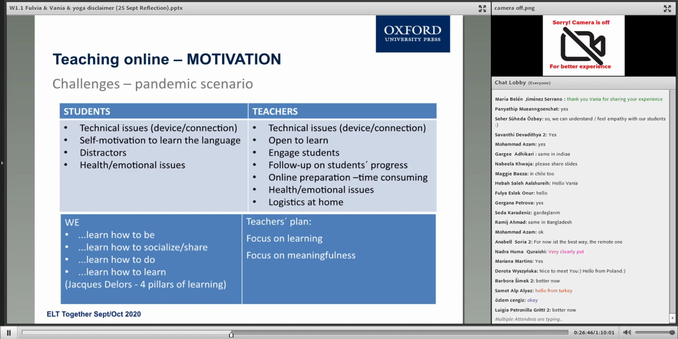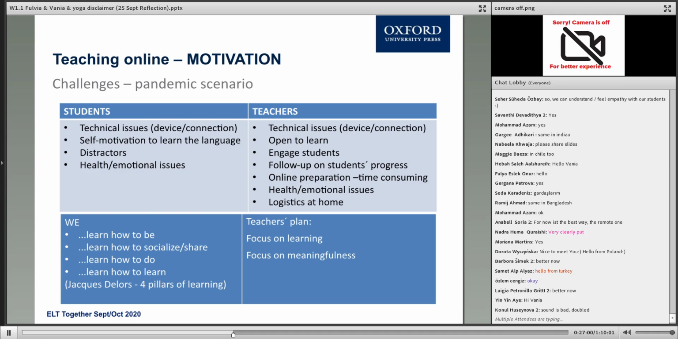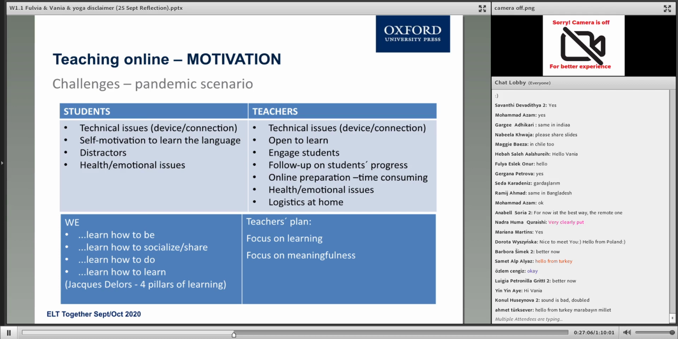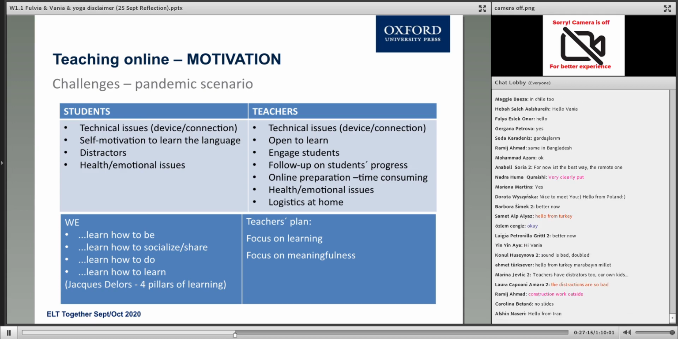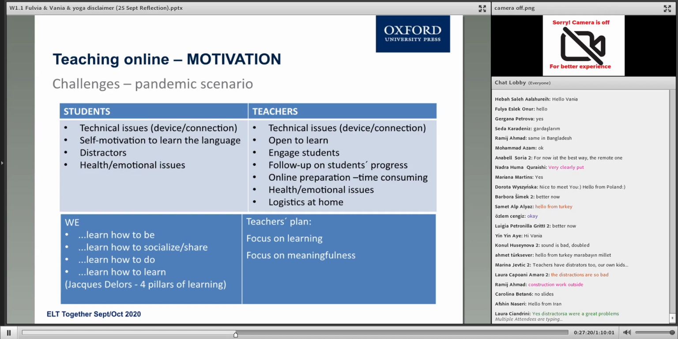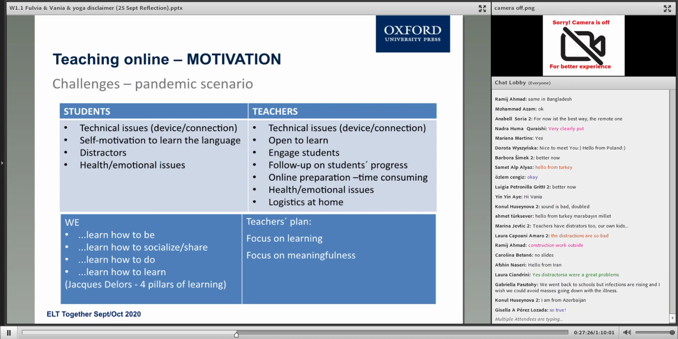Distractors, which we still can see is a great problem for students. Parents working online, dogs barking, and siblings having online classes, the bell ringing, lots of distractors. As COVID has advanced, we have also witnessed some health and emotional problems among students. This has been rising because we've got some more grandparents and sometimes parents, uncles and aunts who have been ill, and this has, of course, affected students. Teachers, besides the technical issues,